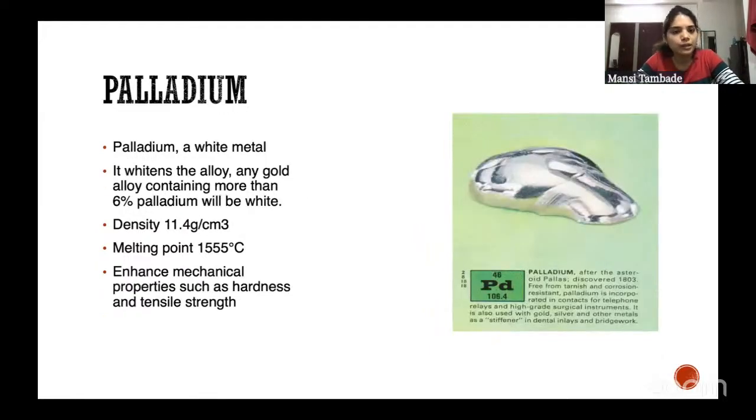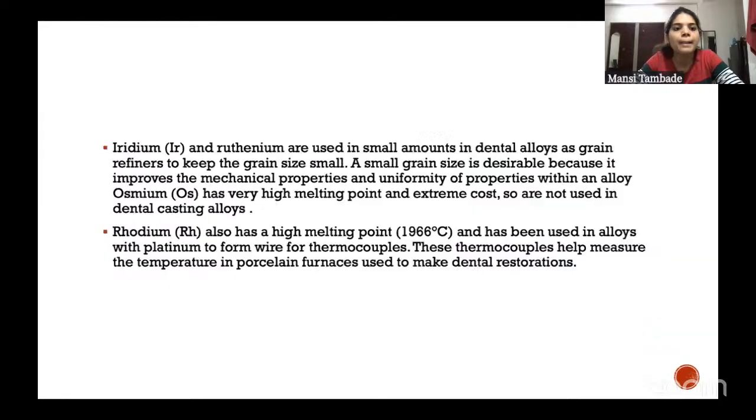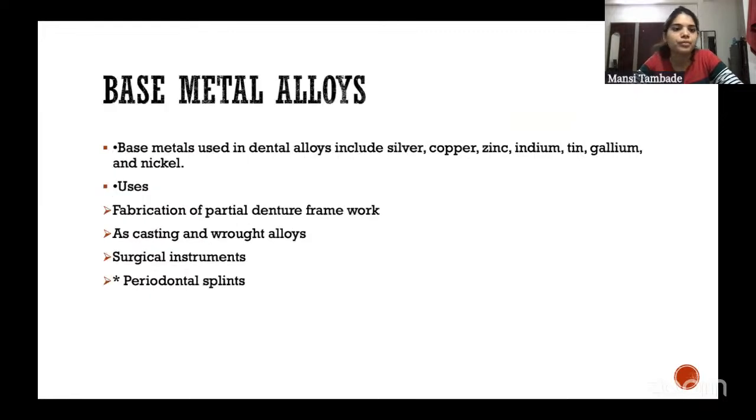The palladium, it is a white metal. It whitens the alloy. Any gold alloy containing more than 6% of palladium will be white. Density 11.4 gram per centimeter cube. Melting point 1555 degrees Celsius. Enhances mechanical properties such as hardness and tensile strength. Then these are the other metals which are available: iridium, ruthenium, rhodium. Then base metal alloys used in dental alloys include silver, copper, zinc, indium, tin, gallium, and